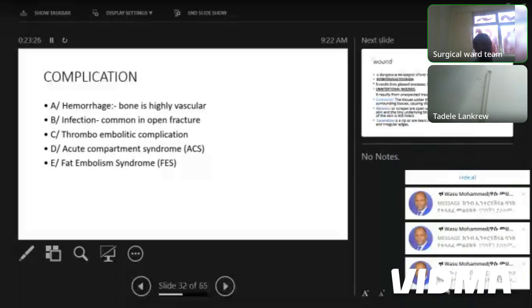which applies pressure on the fascial tissues such as nerve, muscle, and the internal parts, and also fat embolism. Fat embolism is, as we know, like air embolism, just like that. Fat embolism: fat is stored in what? Bone. When the bone is fractured, the fat is released from the bone and enters the lung cavity and causes fat embolism. These are